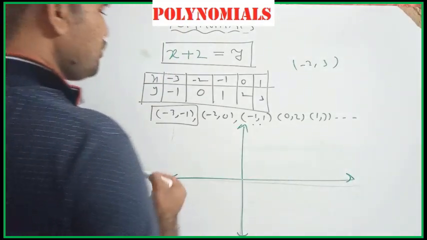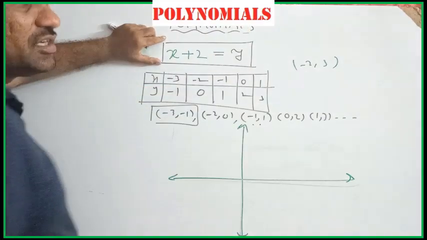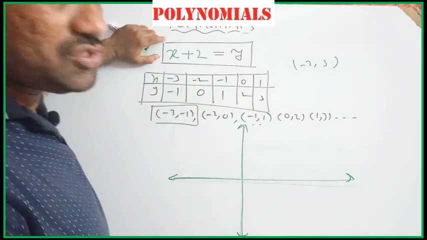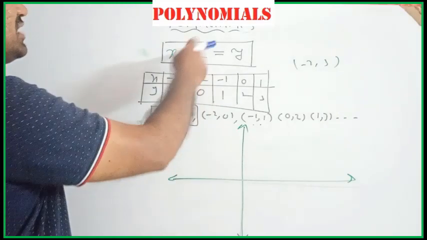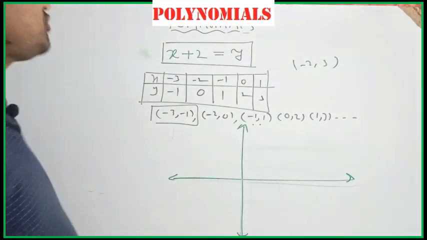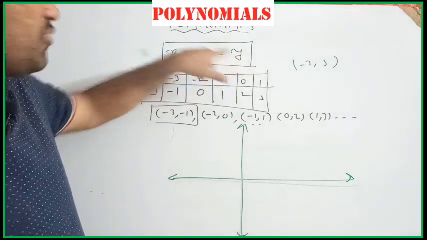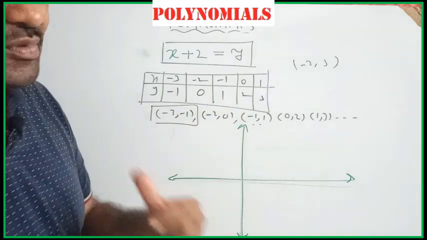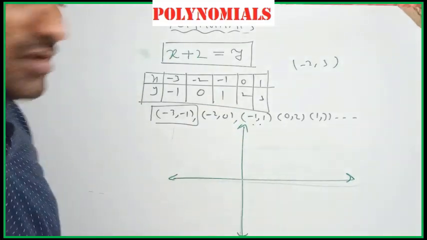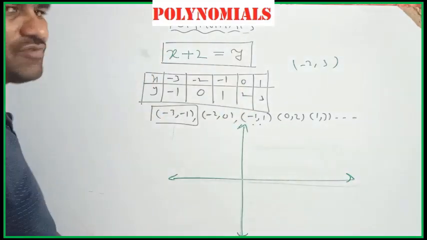Geometrical meaning of the zero of a polynomial. x plus 2 is a polynomial that is given. You want to find its zero. That is minus 2. But you want the graphical meaning. That's why the resulting value of x plus 2 is taken as y. So now this becomes a linear equation in 2 variables. I found some solutions; the solutions are in the form of ordered pairs. Every ordered pair gives a dot on the coordinate plane. Plot all those ordered pairs, then you get the graph of this linear function.